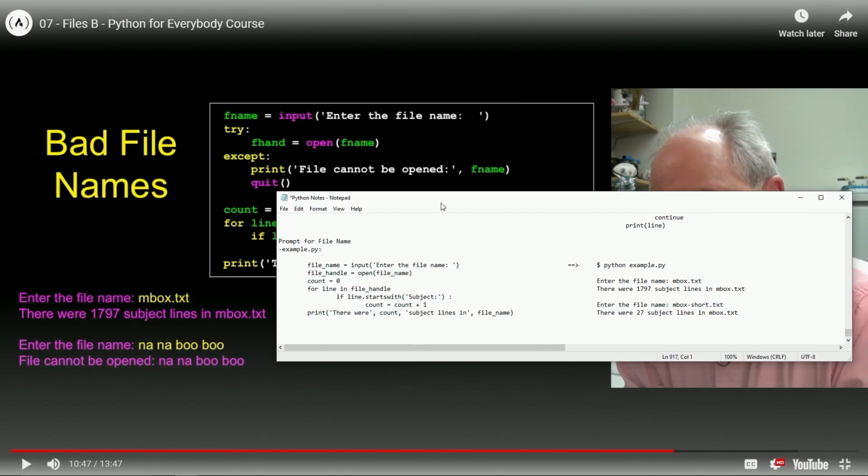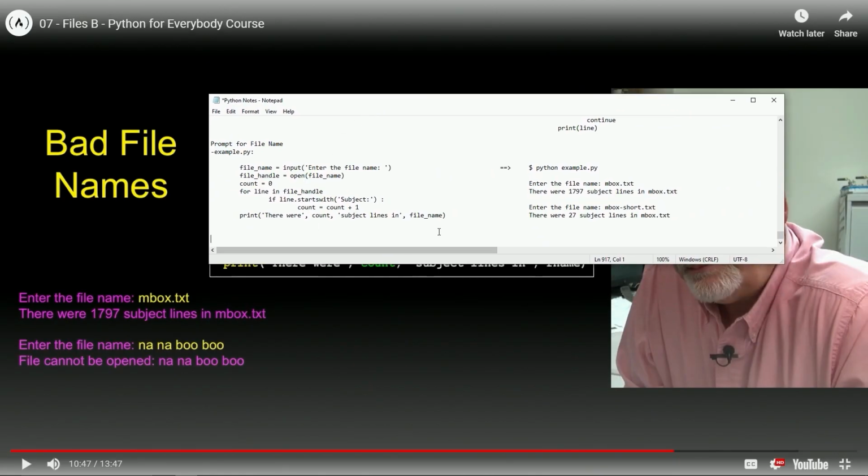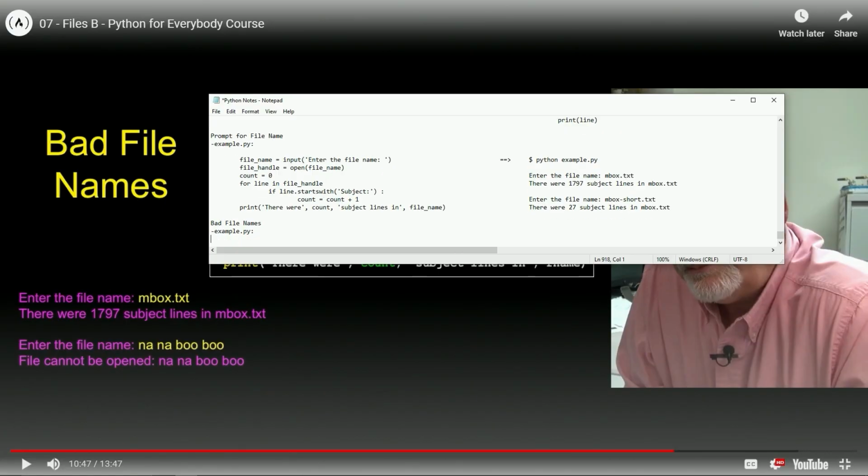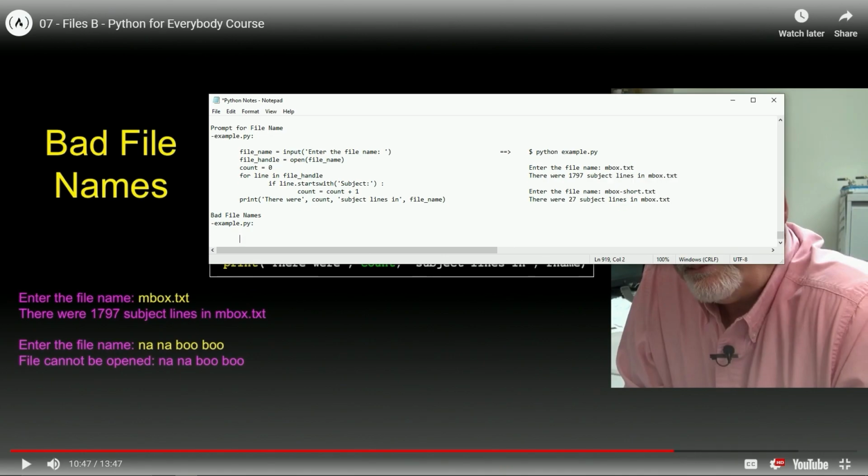Oh, it's a try. We're going to put a try and except in. All right, awesome. Let's do that. So let's call it bad file names. All right. And we'll have example.py. And then we'll tab it over. We'll knock it down 1, 2, and then tab it over.